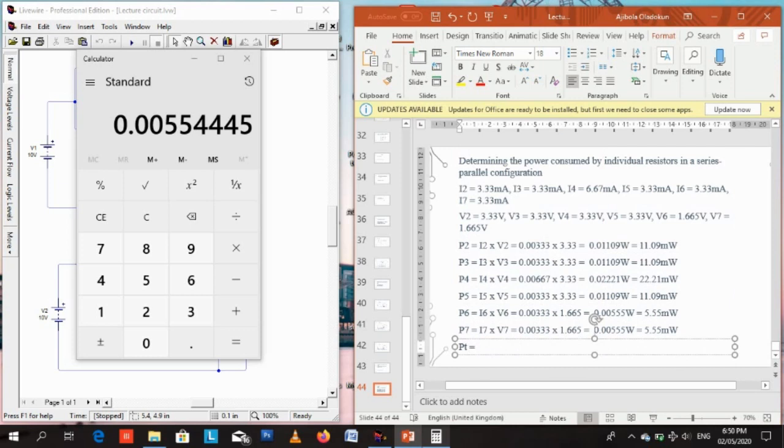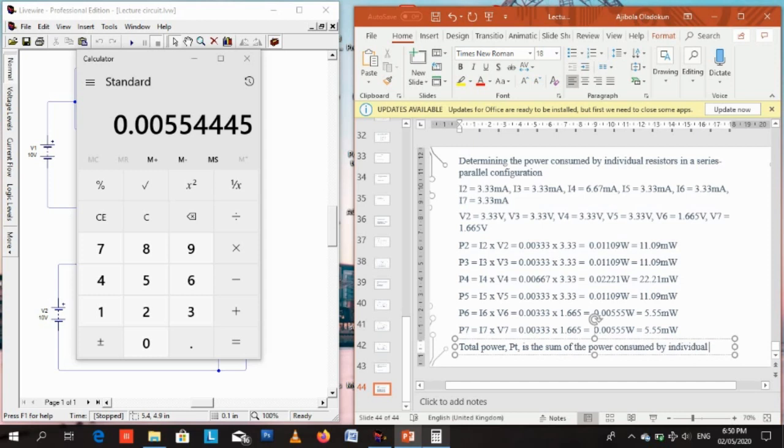And total power. We can now get total power. It's easy for us to get the total power now that we have all our values. We have all the individual power consumed by the individual loads or individual resistors. So total power PT is the sum of the power consumed by individual